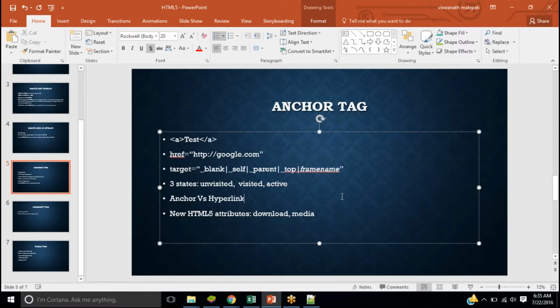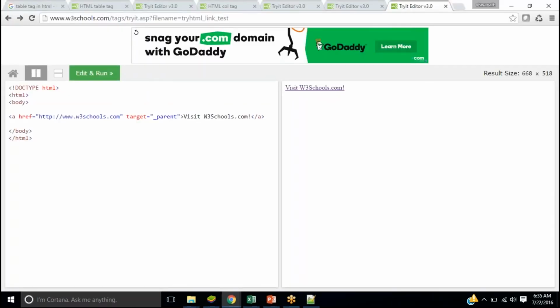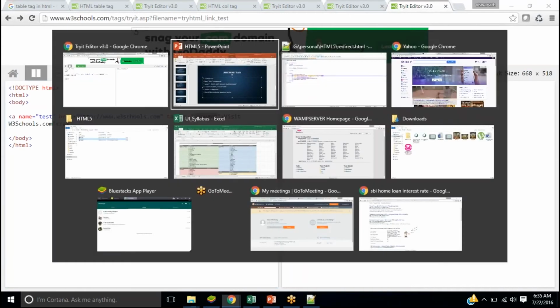And the frame name is something like this: as I was telling you, there are multiple levels of hierarchy of frames, and I want to change some particular frame which is at the top or bottom of the hierarchy. So I can give a name attribute, like even for the anchor tag, we can give a name attribute. Name, ID, and class attributes are available by default for all tags in HTML. Any tag you take, you can add name, ID, class. Same as a frame: even for the frame tag, you can have a name attribute and mention that particular name here, and it will be redirected to that. So this is the basics of the anchor tag.